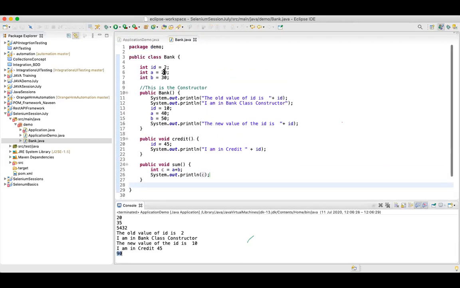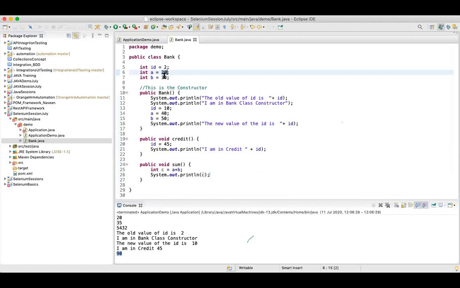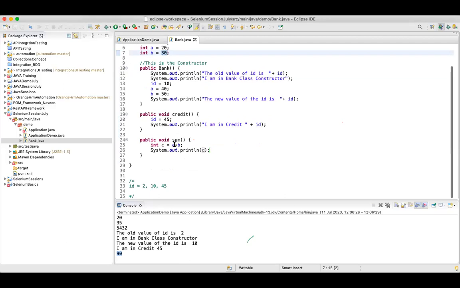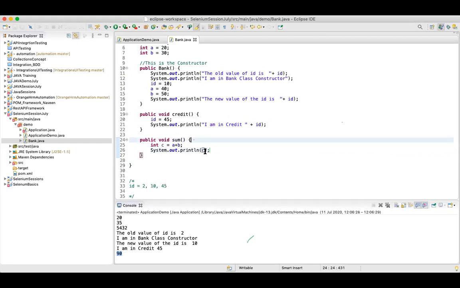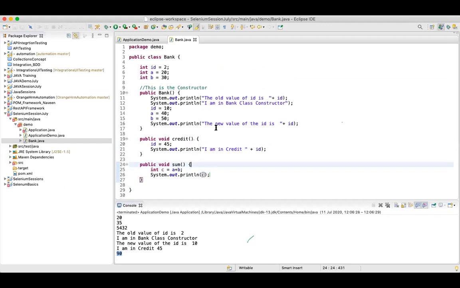I have given such a simple definition to Java that the value of my a is 20, the value of my b is 30. Simply go and add and take that value into c and print the value of c. But this simple calculation is so difficult for Java. People again miss the concept of constructor.